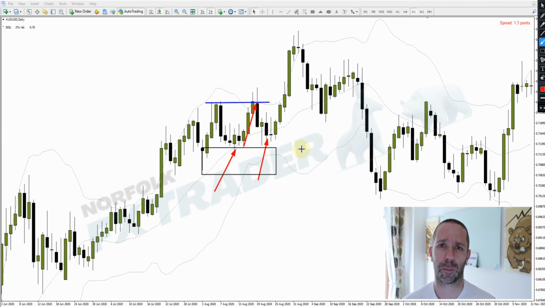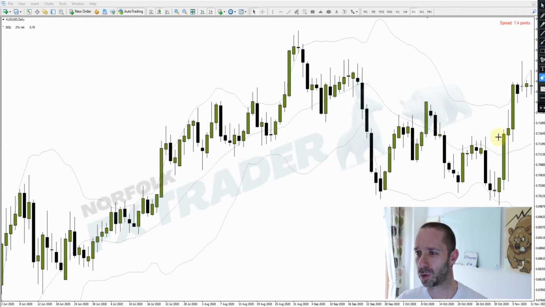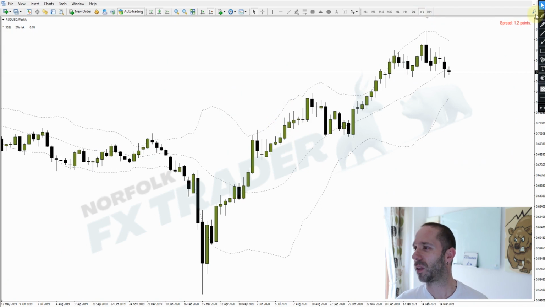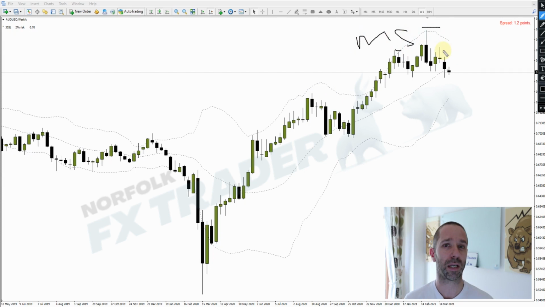Now, this is just a simple sample idea of how you can use a Bollinger Band. Remember, you can apply this to multiple time frames. Again, if we go to a weekly time frame, you can see how the Bollinger Band respects those previous highs currently. And I know if you go back and look, you'll find a monthly area of supply sits here, and using a Bollinger Band as a reversal with a higher time frame of supply,